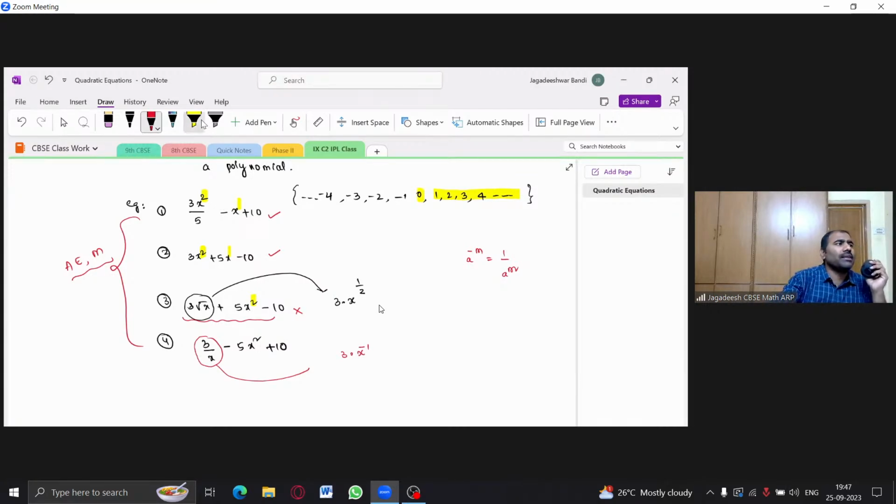So here also, the power is clearly negative. So 3 by x, when it is in the denominator, x power is 1, so it is positive. But when you write it in the proper pattern, then the power of x is negative